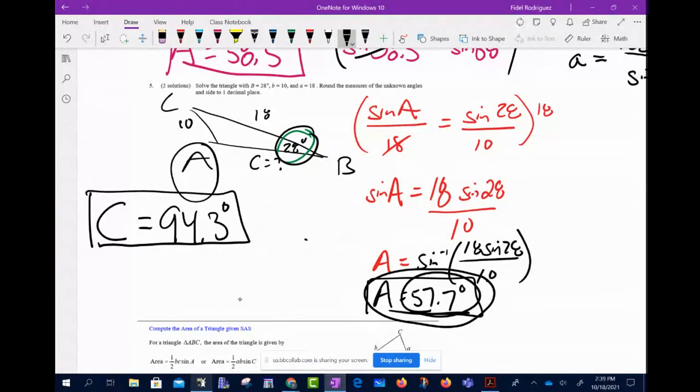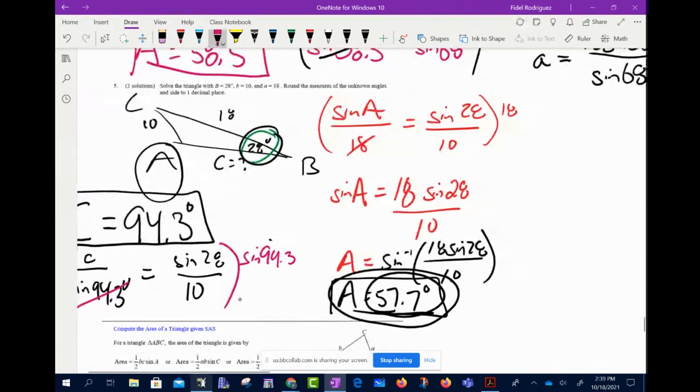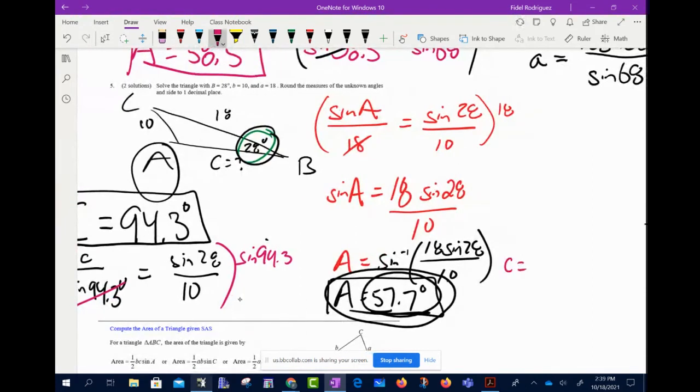Okay, so let's do that. Let's say little c divided by the sine of 94.3 degrees equals, what did we already know? We already knew sine of B, which was 28 degrees, divided by side B. So again, just like we've been doing so far, I'm going to multiply by the sine of 94.3 so I can cancel that out. So that's going to tell me little c equals,